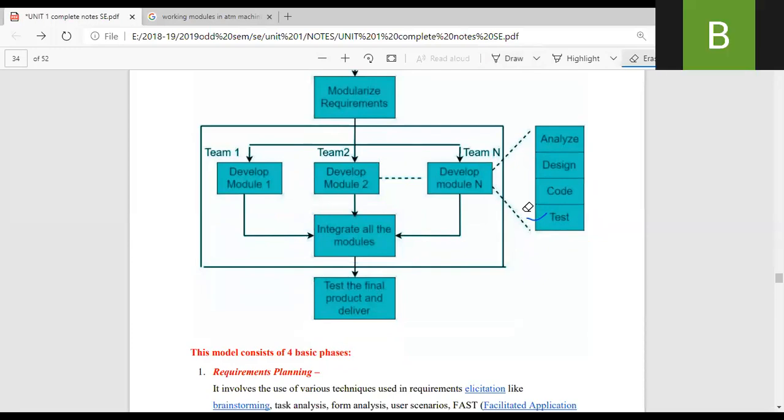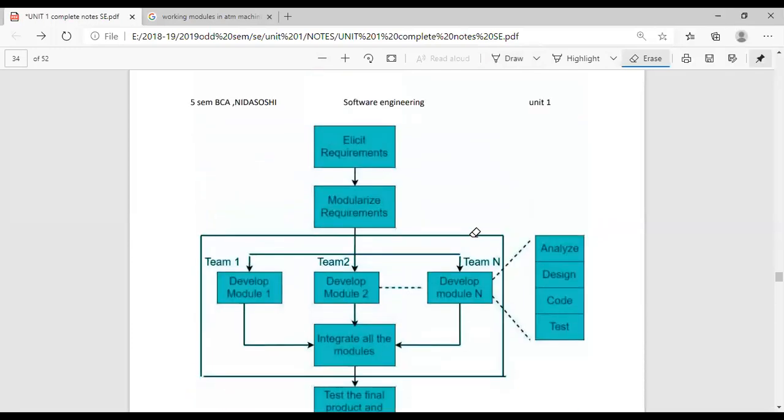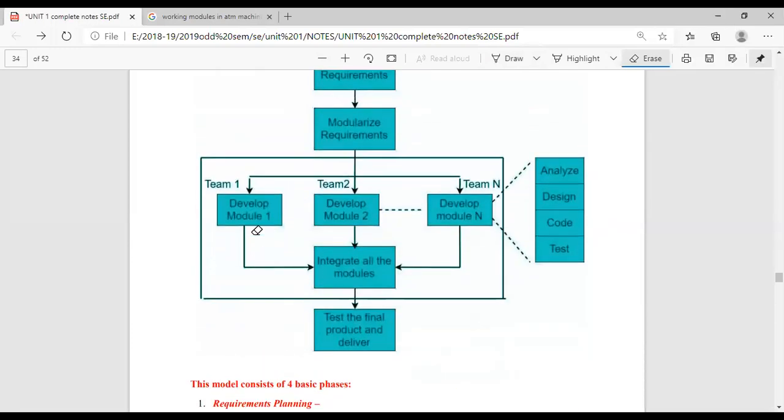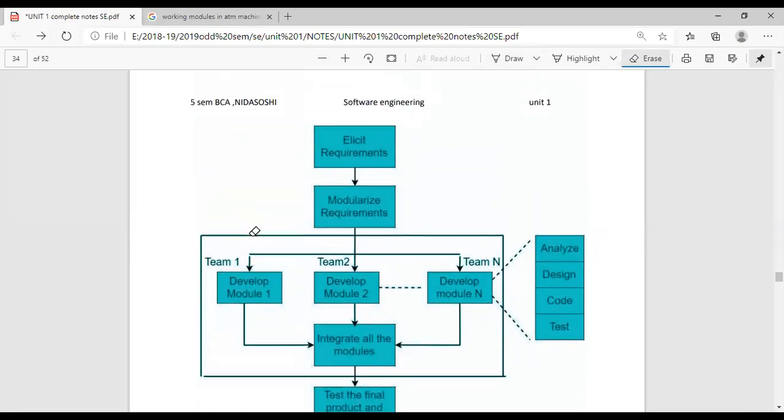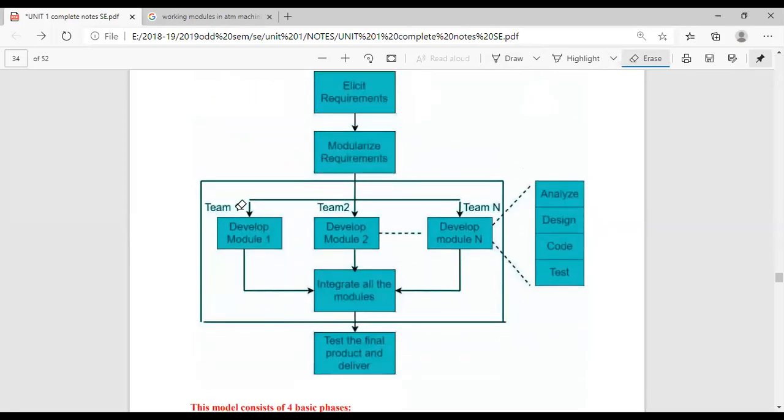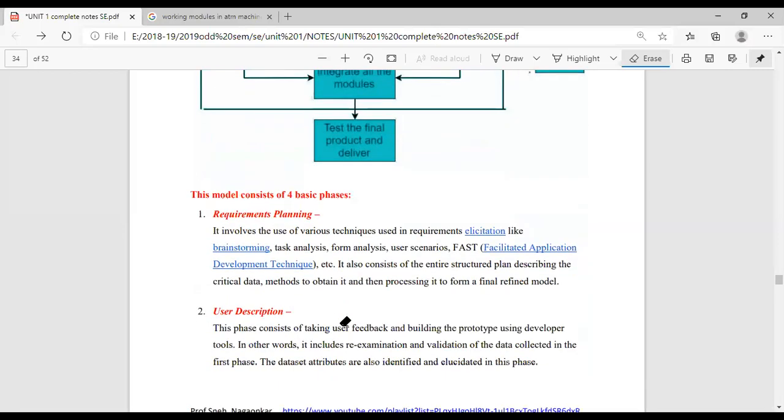So remember, in rapid application development, we divide the entire software into different modules. After dividing, different teams work on different modules. Designing, coding and testing is done for all the modules, and then we finally integrate or combine all the modules, and then the software is ready.